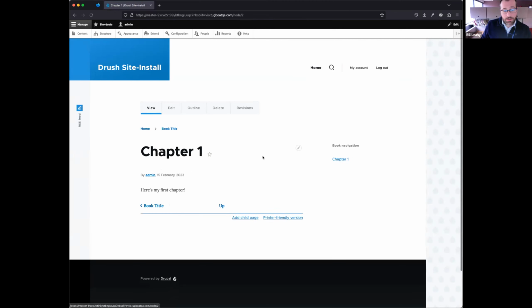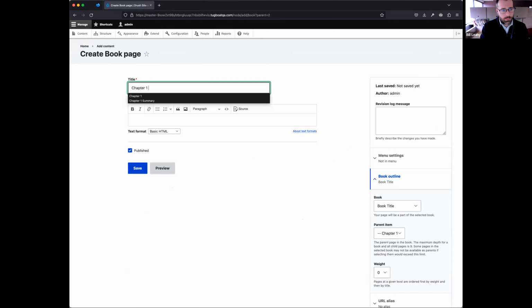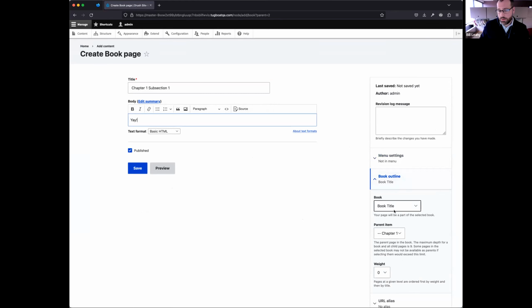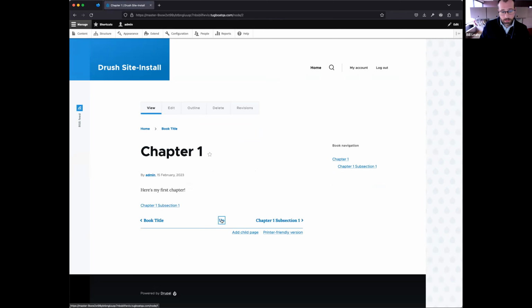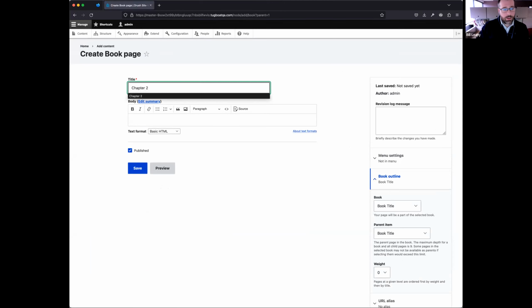So let's just say I wanted to create maybe a subsection in here. In chapter 1, click add child page. Call it chapter 1, subsection 1. Right. So it already knows we're in that first book, and it knows that the parent item is chapter 1. When I save it, you can see it visually pushes it to the side, so you know it's a subsection. And if I wanted to add another chapter, you can go up a level again to the title,